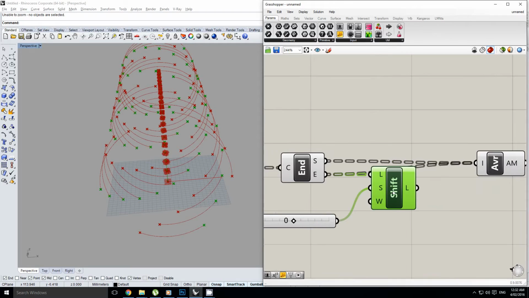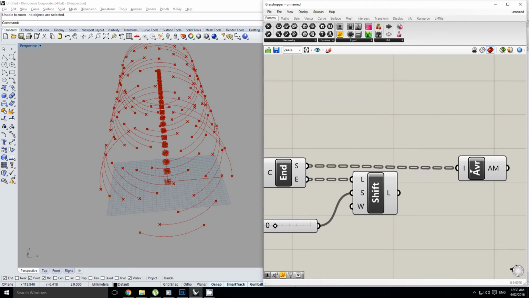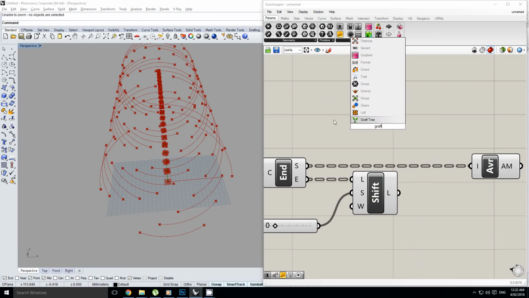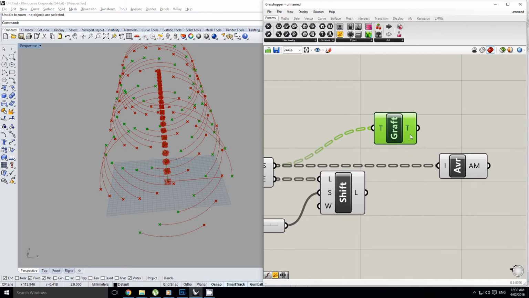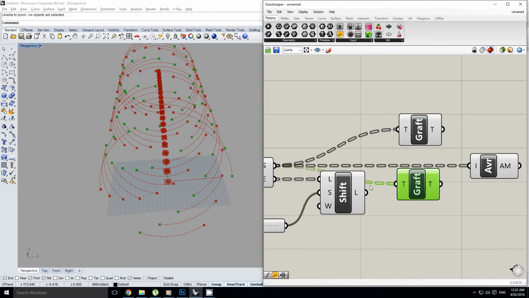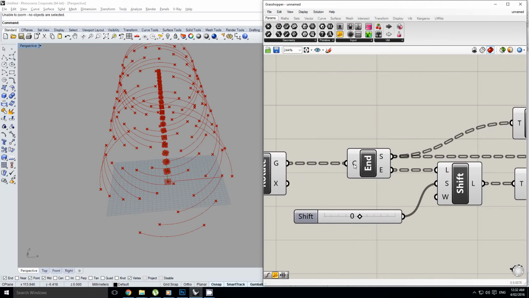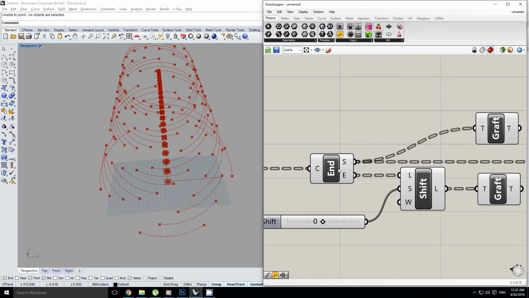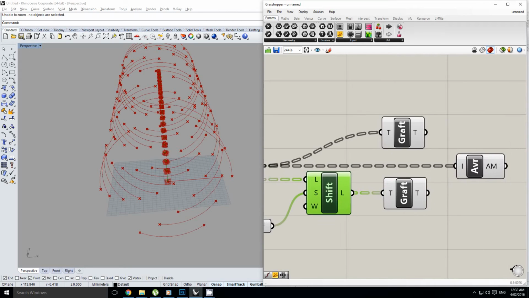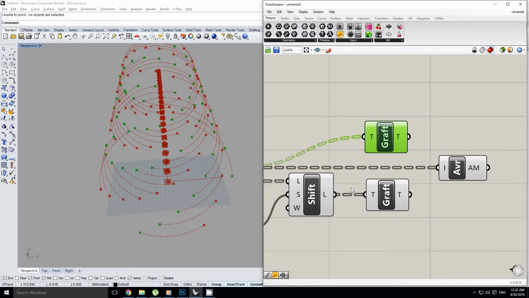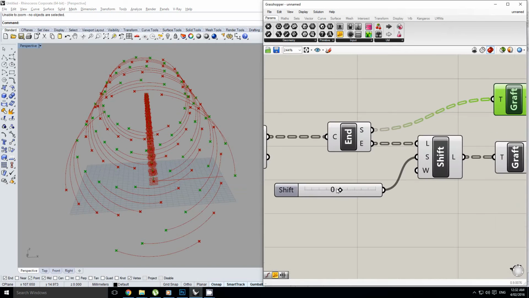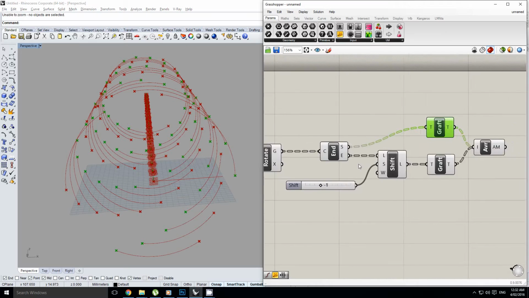We'll plug that in, and then we'll disconnect the end from here, and I'm going to add 2 graphed trees as separate components here. I'm doing this just so that it's a bit tidy, because I can't graft the output before it goes through the endpoints, or else the shift list won't work properly. So I want to do them both at the same point. I'm going to plug those into each other, and then as soon as I shift this list forwards or backwards, hold on,